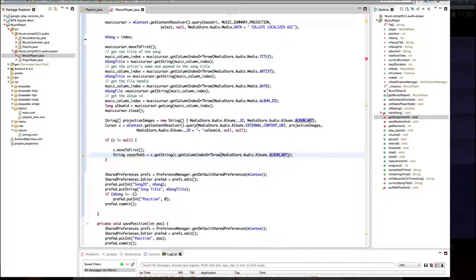Okay, so I'm going to try and get hold of the album art value there if the string